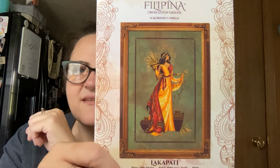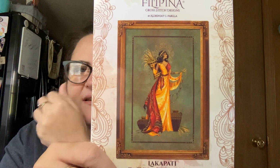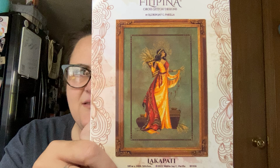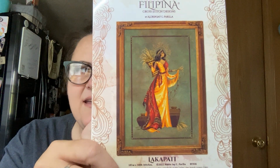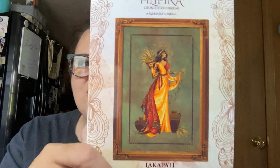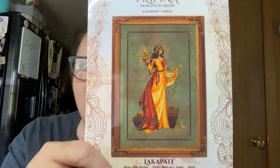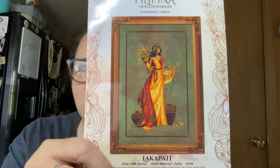Just too bad because it's Pride Month and Lakapati is perfect for pride stitching because she's a deity. I'm not saying how she identifies, but in myth, legend, folklore, or whatever, she's referred to as she. Her pronouns are she, but she is considered male and female, hermaphroditic or transgender or